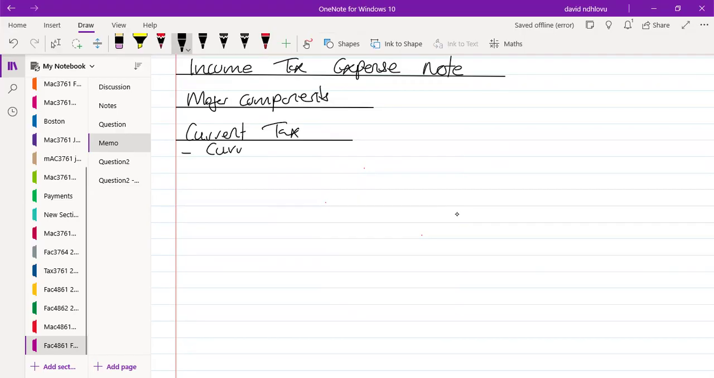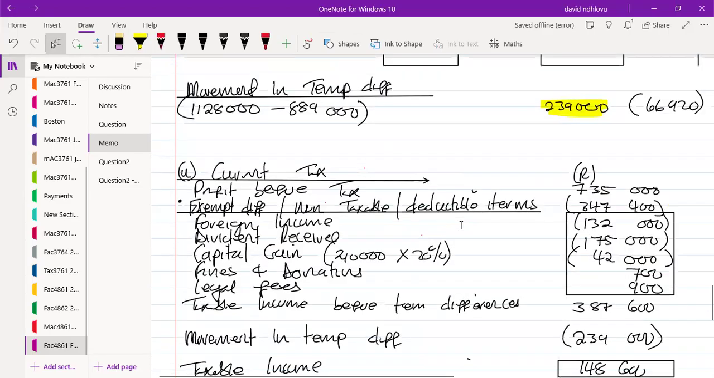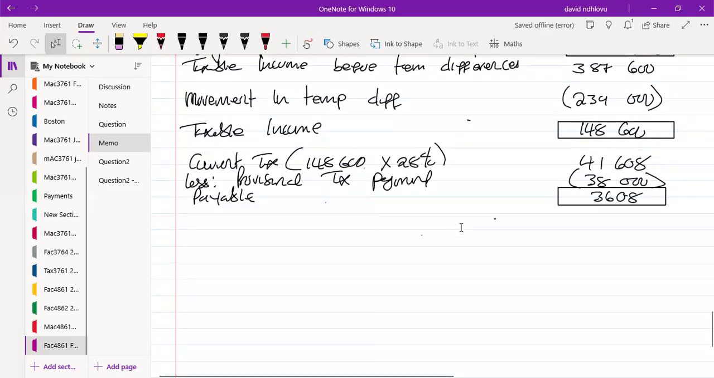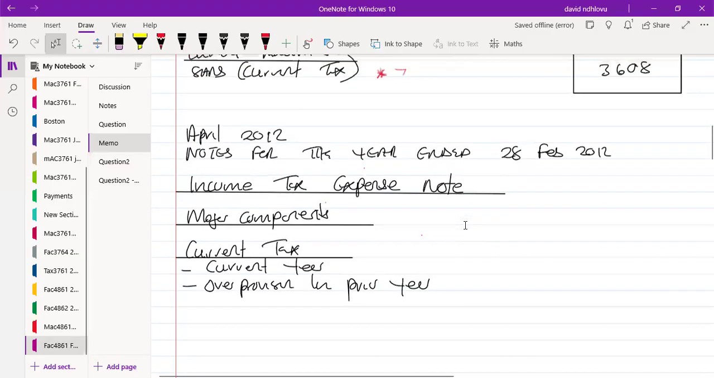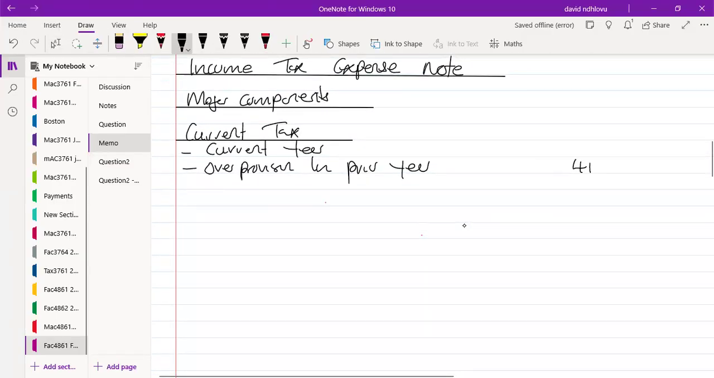Right, number one, you will say current year. What is the current year's tax? And then number two, you will say, right, over provision in prior year. Right, so the current tax for the year is an amount of 41,608, which is that figure. Take the figure before any provisional payments. Right, then we say 41,608. Right, this is for the year 2012. These are the rand values. Right, that should go there,